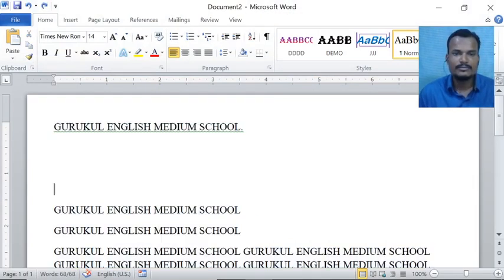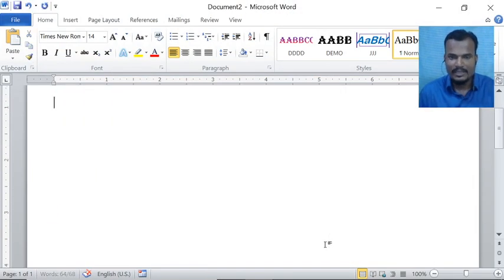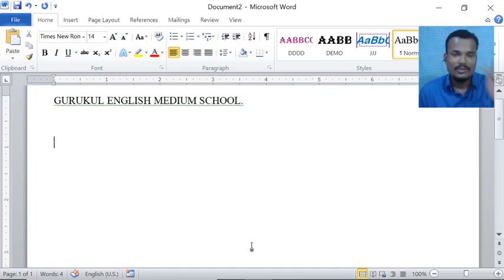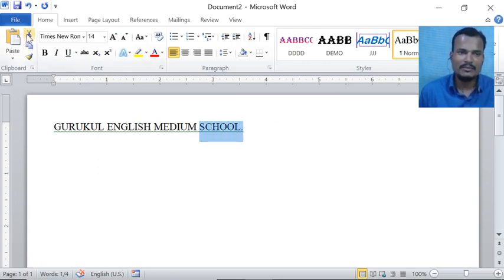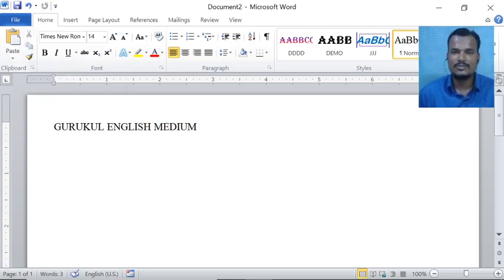So this is about copy paste. And one more paste is there, that is called cut paste. Copy paste is different, cut paste is different. We have just seen what is meant by cut. Cut means removing the unwanted matter. For example, here I want to remove the word school, so I select it and click on cut.